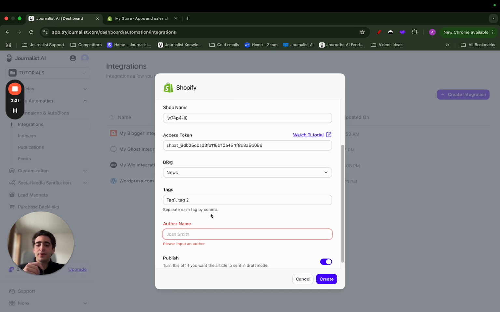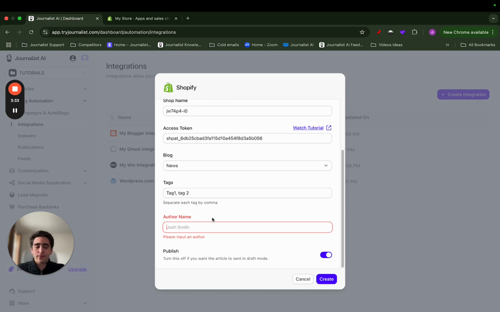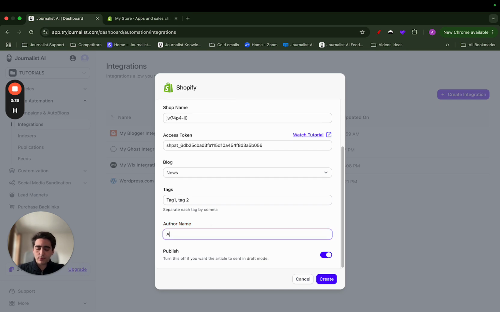And for the author name, you can define an author for your article. In this case, I will put my name, Afonso. And finally, you will have this field for the publishing, right? If you want your article to be actually published immediately once you click publish from Journalist AI, you should